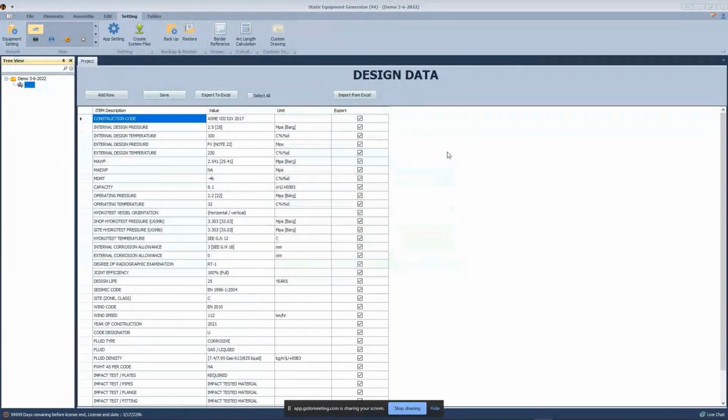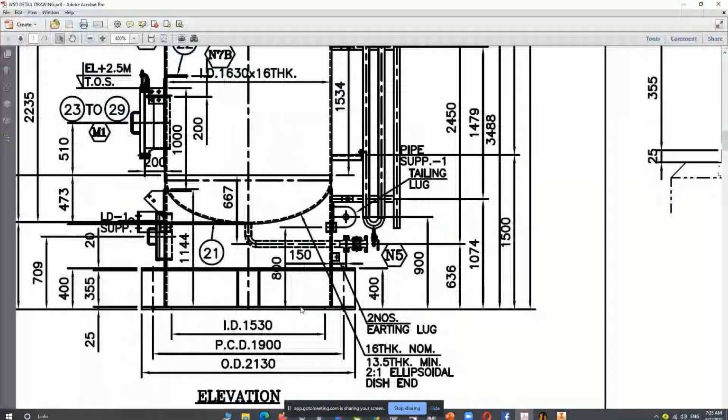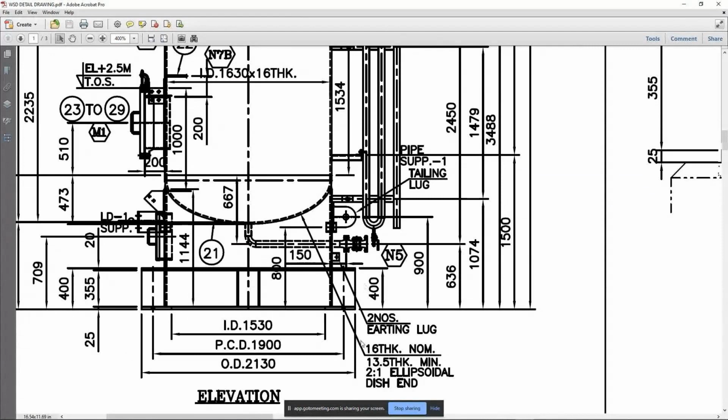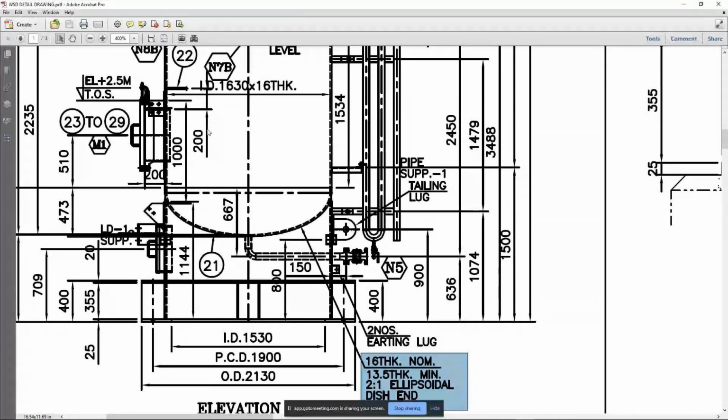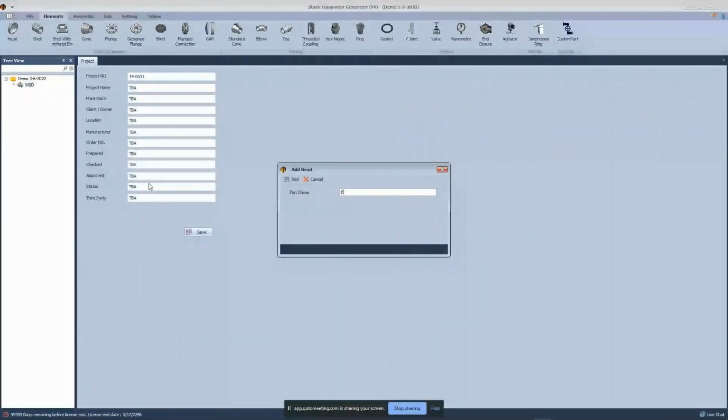Now let's proceed to create the main elements of this equipment. So let's select the equipment itself. After that, let's add the first element, which is an ellipsoidal head. The nominal thickness is 16 millimeters. The minimum thickness after forming is 13.5, and the ratio is 2 to 1. And here the inside diameter is 1630. So okay, from here let's select head, define it as a bottom head,